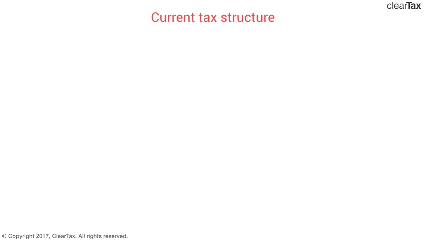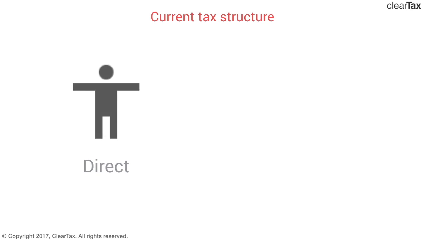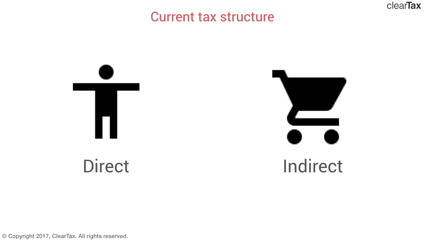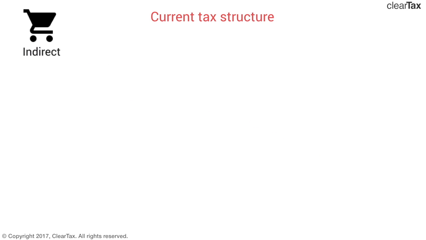Let's begin with the current tax structure in the Indian economy. It can be broadly divided into two main categories, the direct taxes and the indirect taxes. The name itself suggests that the direct taxes are borne by the person liable to pay, that the burden of such taxes cannot be shifted. Whereas in indirect taxes, the burden of tax can be shifted. The person liable to pay tax can collect tax from somebody else and then pay it to the government. The GST falls under the indirect taxes category, and that's what is going to be our area of focus.